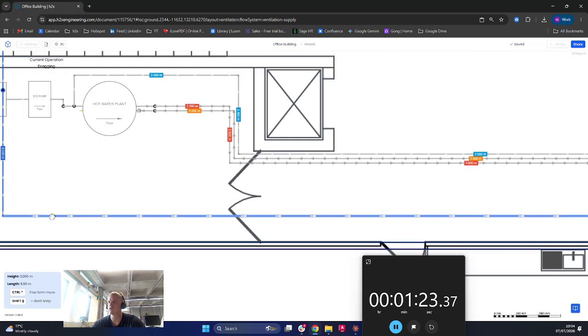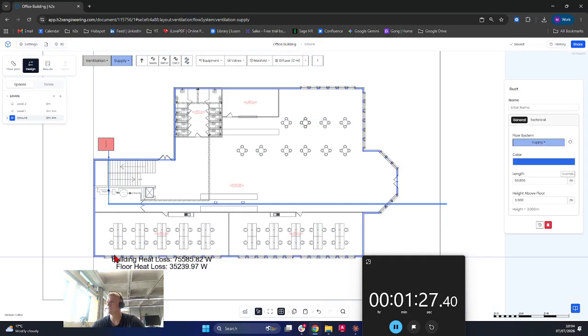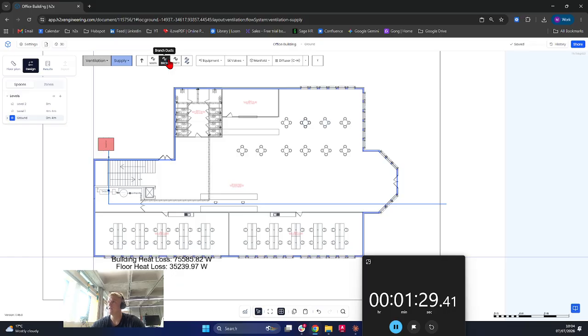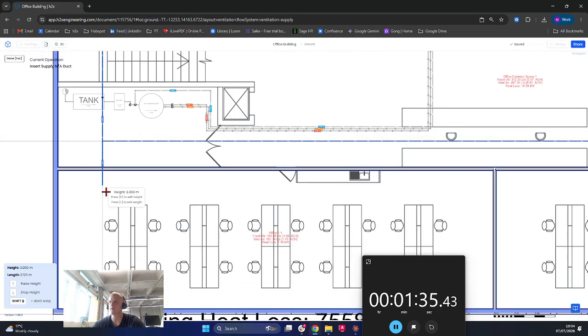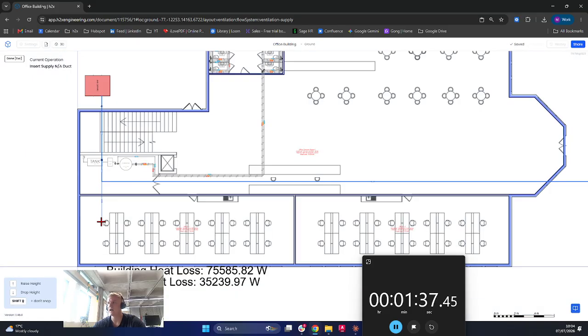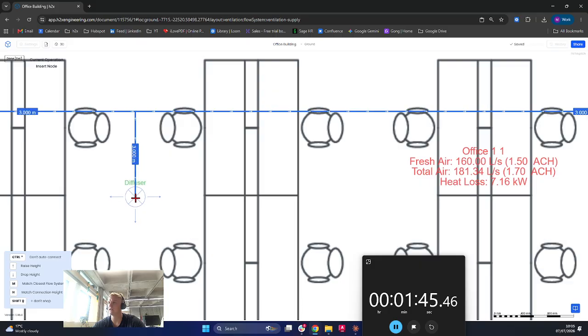I'm actually going to drag this up a little bit because I want to fit in my extraction duct just below that. Now to add the load into each of the individual offices, I'm going to add a branch duct and I'm going to connect onto this elbow, change it into a T and add a branch going into this office to begin with. I'm then going to select a circle horizontal diffuser and place it down in that room,